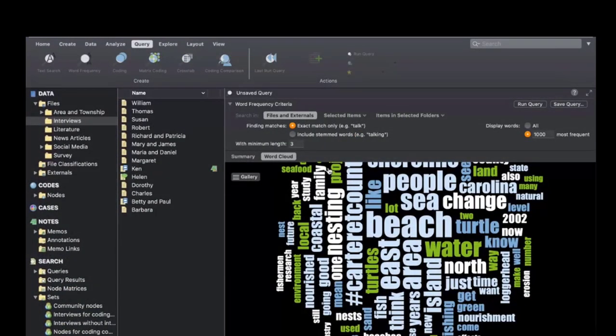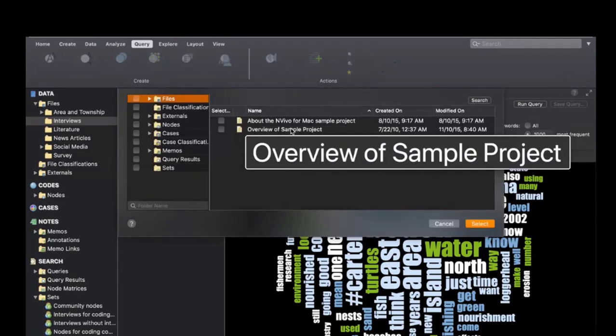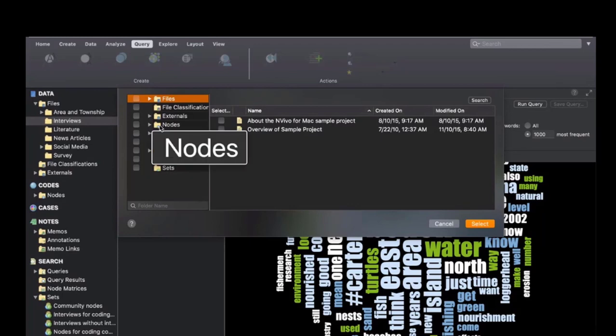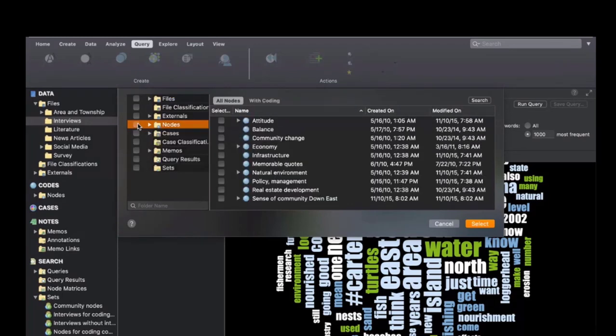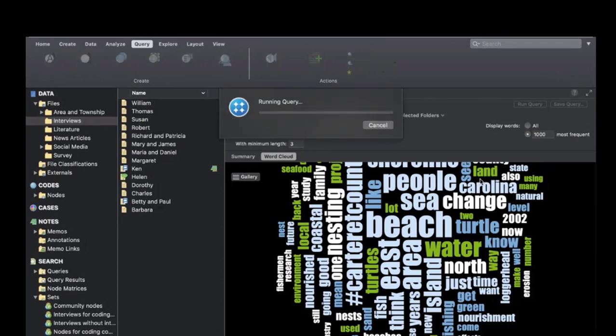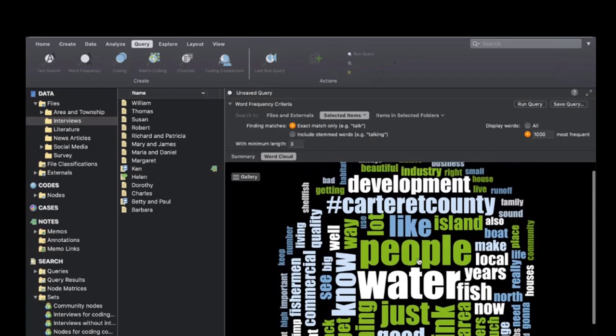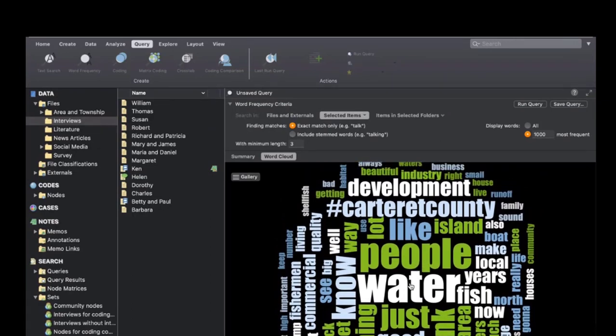You can always tailor it according to your needs, what you are focusing on. For example, you're just looking at the nodes. So you click on the node, and if you're doing it for all nodes or selected nodes, it will generate a new query, and you have to run the query again. And the node is actually not about beach. The node is talking about water and people. So it means that when you coded the data into different themes, the